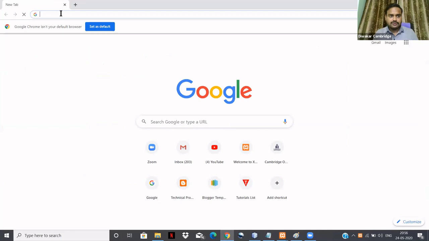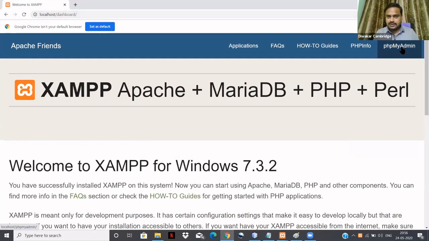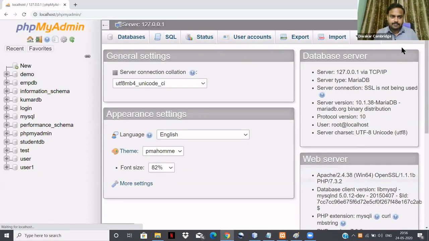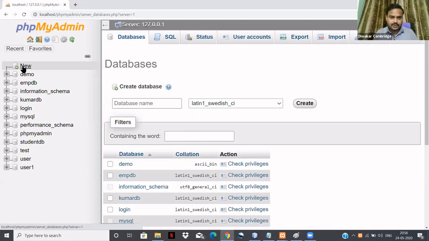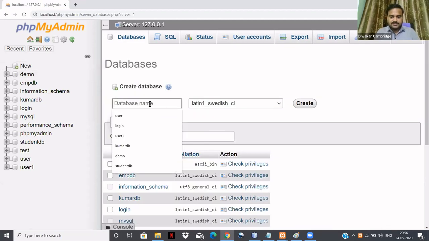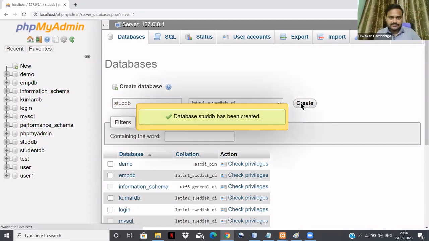You just have to type localhost. Then you have to go to phpMyAdmin. Here you have to create the database. Click on New. For the database name, give StudDB, student database, and create it.